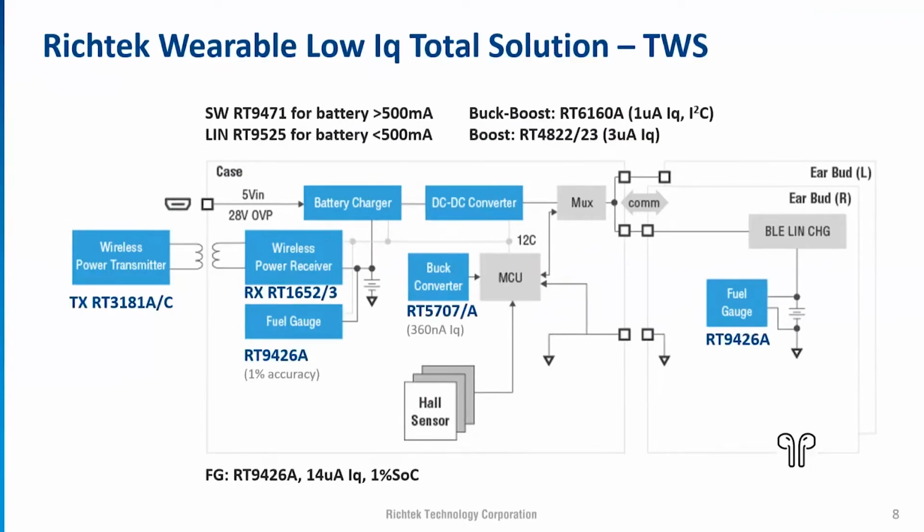As shown in this slide, Richtek has solutions in each sub-block for our customers, ranging from battery charging related chargers RT9525, RT9471, wireless charging transmitter RT3181A, and the receiver RT1625, battery fuel gauge RT9426A, system required buck converter RT5707,